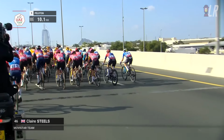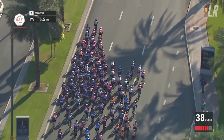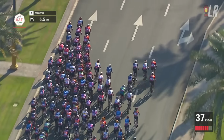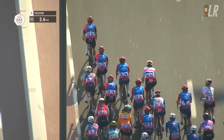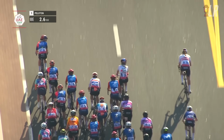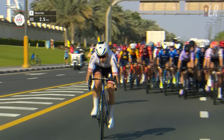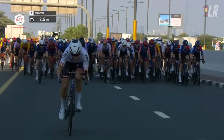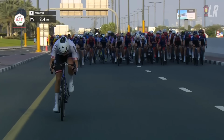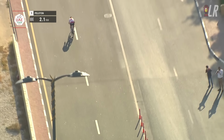No one has really put the hammer down. FDJ and Canyon Sram had gone to the front, but neither of them really had a sprinter of note. And so whenever they wanted to, SD Worx Protime came to the front. Finally, someone tries something, which is Corinna Schrempf, the Austrian national champion from Fenix-Koenig, tries a move. And you know what? She actually got a fair bit of leeway, and then it took a long time to bring her back, only brought back under the Flamme Rouge, and it got me thinking,